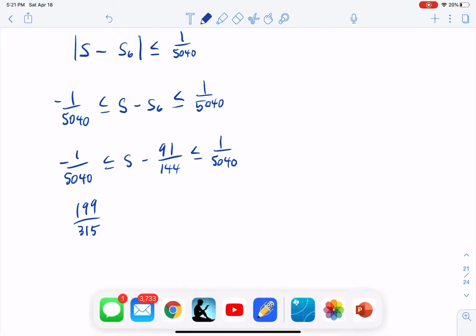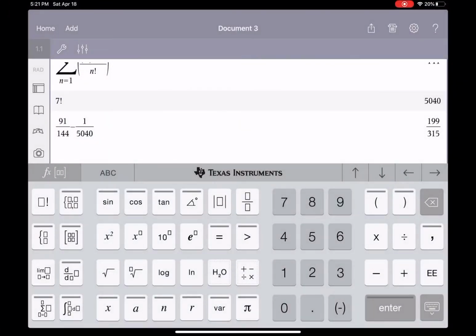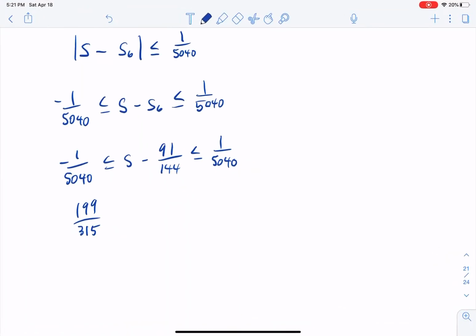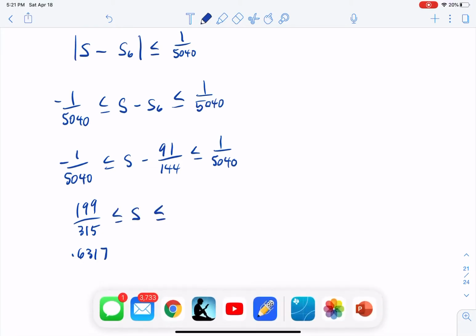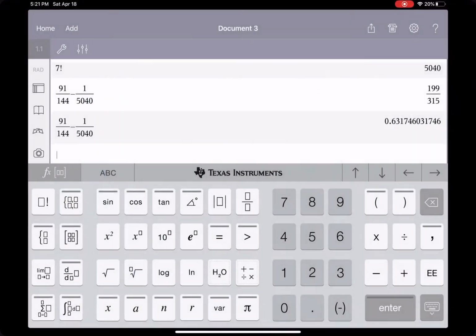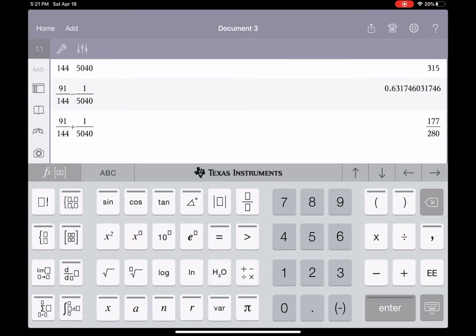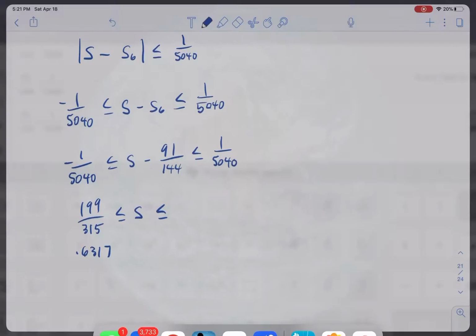Maybe I want that as a decimal. Let's approximate it. So there you go. 0.6317. Okay, that's less than or equal to S, which is less than or equal to, let's do the addition side on the other side. I'm just going to copy and paste this. Copy, paste, and let's arrow over and change that to a plus sign. Easy. We get 177 over 280,